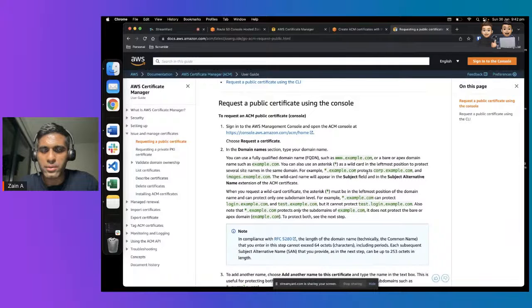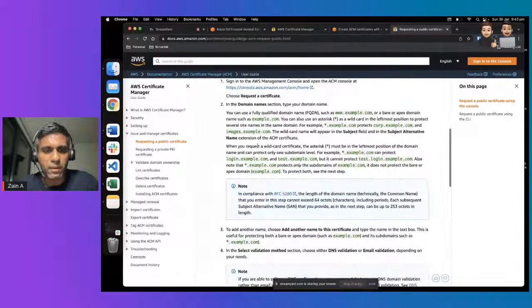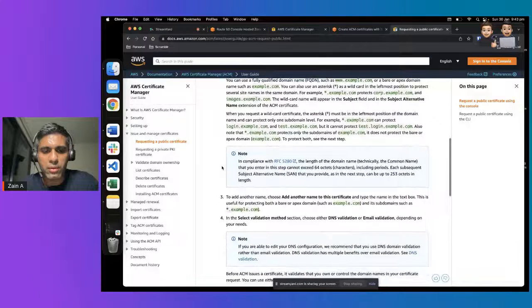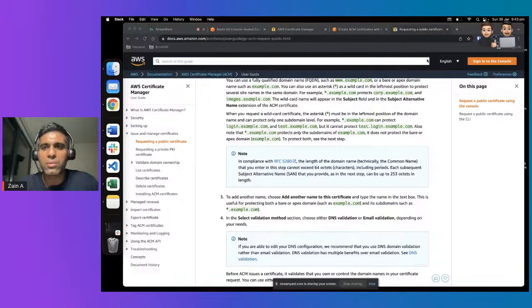Yeah, that protects the subdomains. The wildcard will appear in the subject field and in the subject alternative name. When you request a wildcard, that asterisk must be in the leftmost position. Yeah, that's fine. We are doing that. To add another name, choose add another name to this certificate. Okay, so